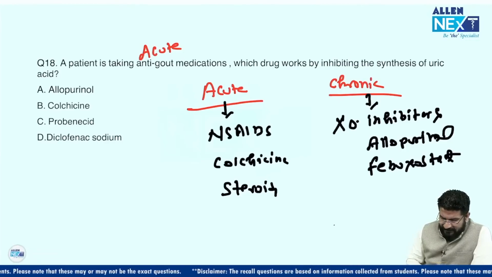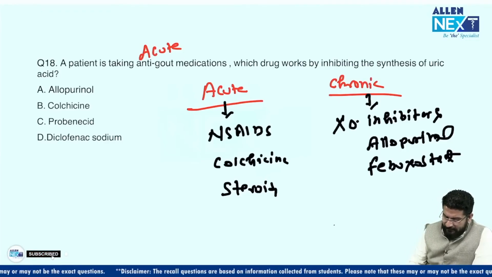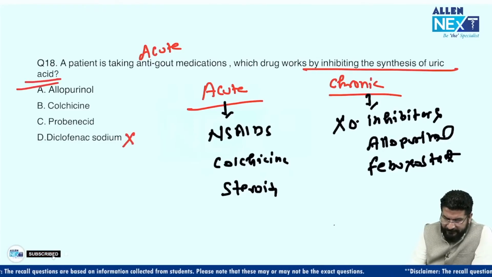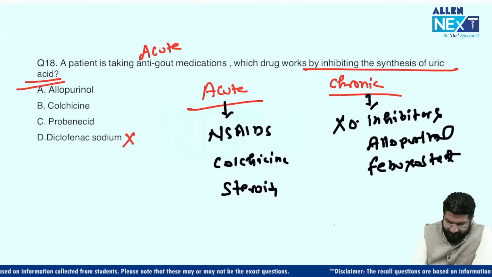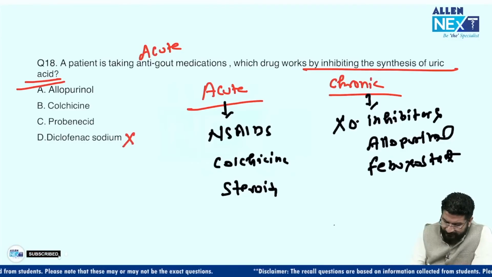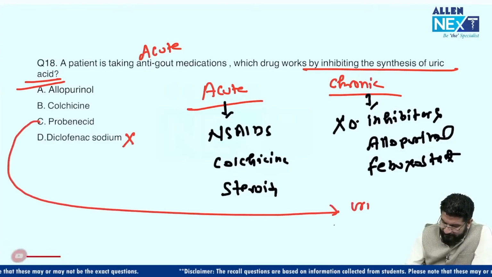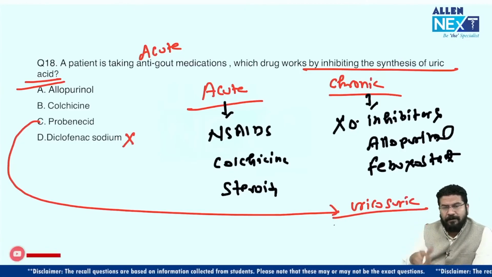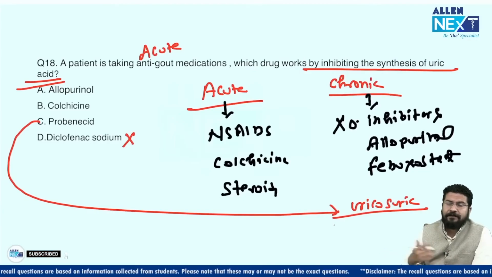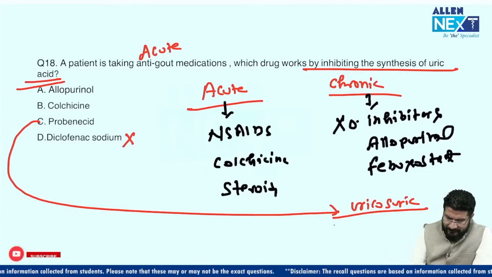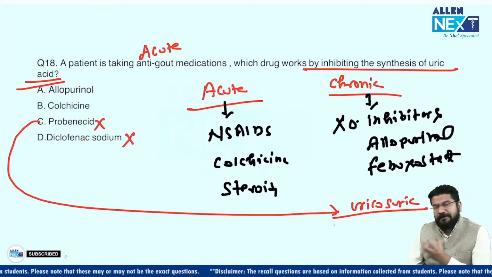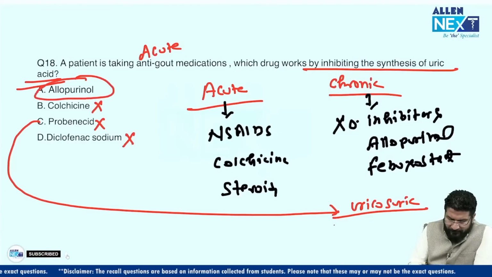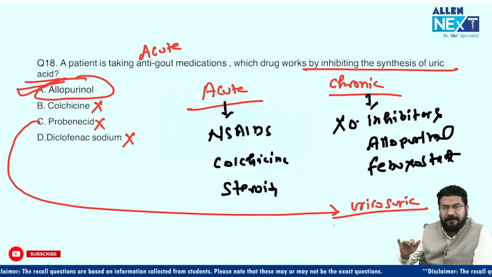So when you see the question, many students are thinking, why is the answer not diclofenac? Diclofenac is just a painkiller. This will not decrease uric acid. Simple. Okay, coming to probenecid. Probenecid is a uricosuric drug. So uricosuric drugs will remove uric acid out of the body. We call them uricosuric, like probenecid, sulfinpyrazone, right? Colchicine is a mitosis inhibitor, so this will stop cell proliferation. So the only option we are left with is allopurinol, a xanthine oxidase inhibitor, and this will decrease uric acid